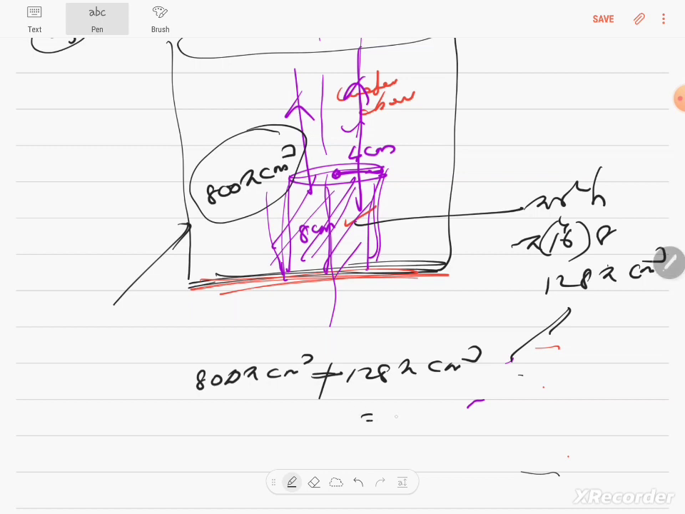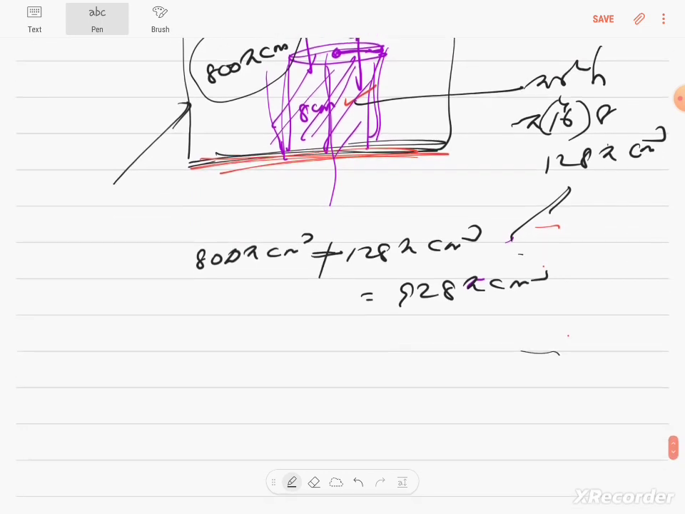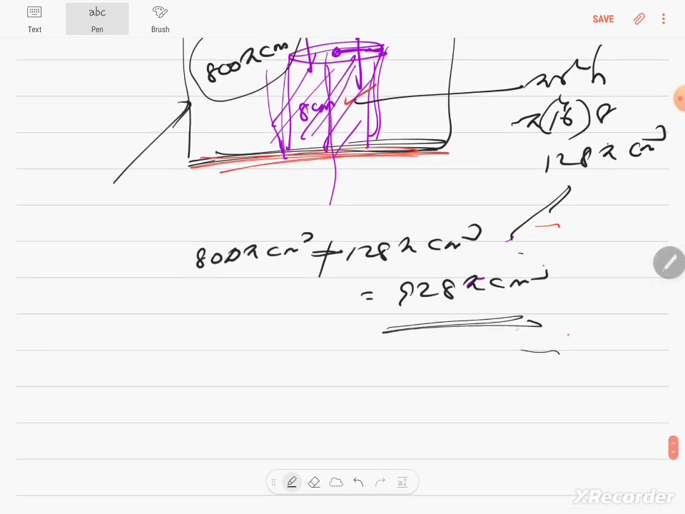So the total volume itself is 928 pi centimeter cube. Once you know the total volume, you can find the total height, which will be the final height, because it would have risen. So you can find the total height. How to find the total height? The total height is volume by area, because volume is height into area. So height is equal to volume by area. 928 pi by area is